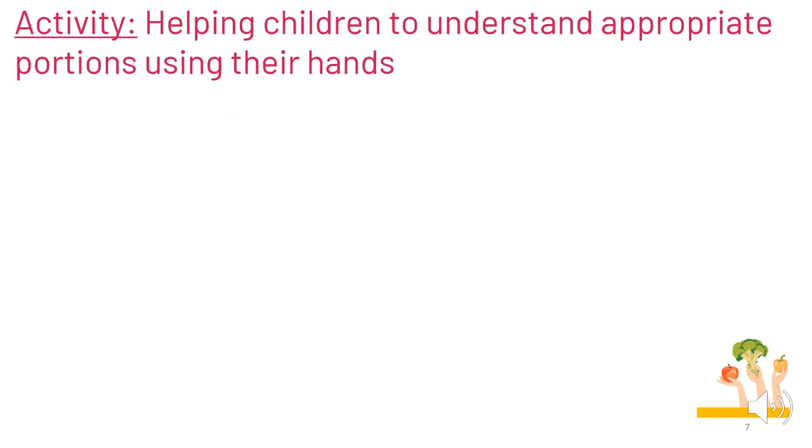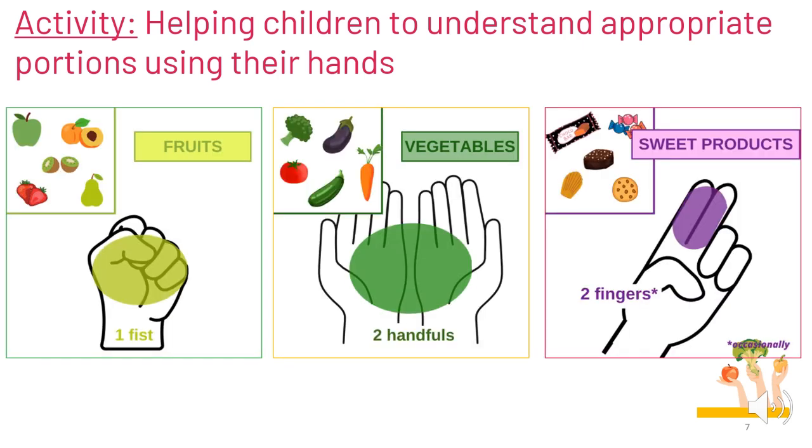Once a child has a very comprehensive view of food families, they need to be given practical tools to understand how to assess the appropriate portion for their age. And what could be easier than using your hands? The size of one hand is proportional to the height of one person. It is therefore very easy to show them directly. It is the objective of Activity 2, guiding children towards using their hands to evaluate their own portion.